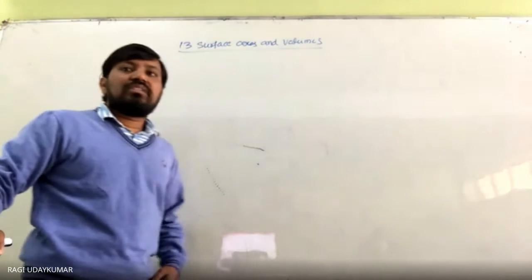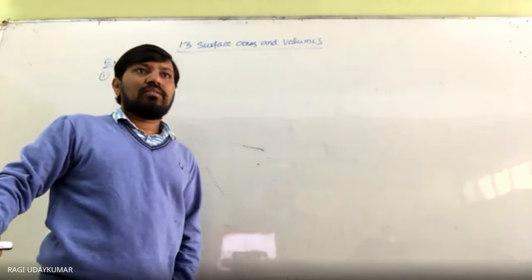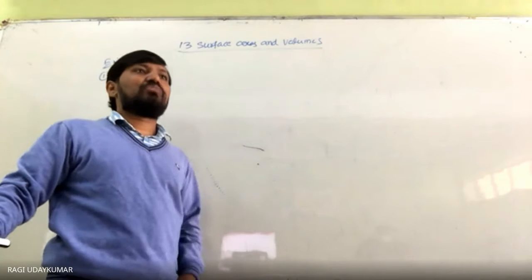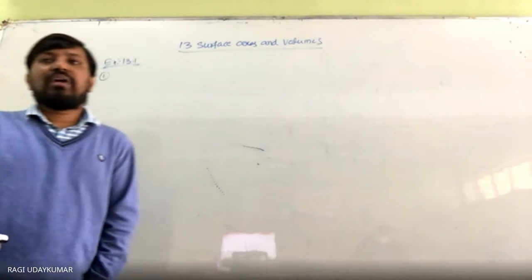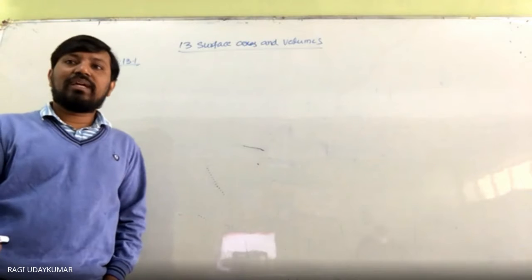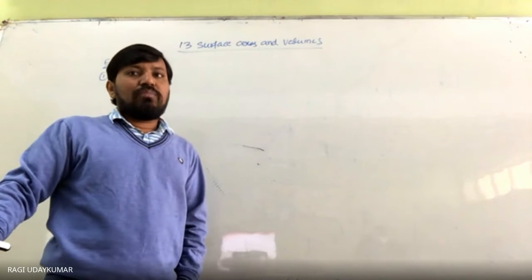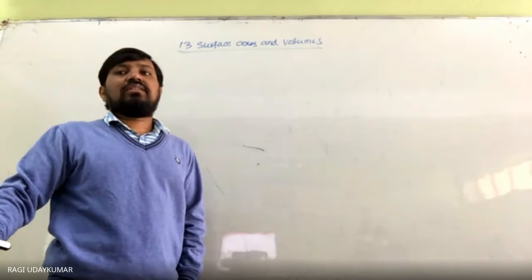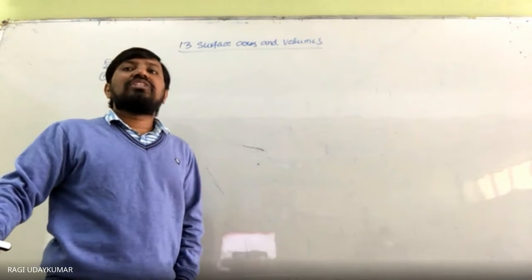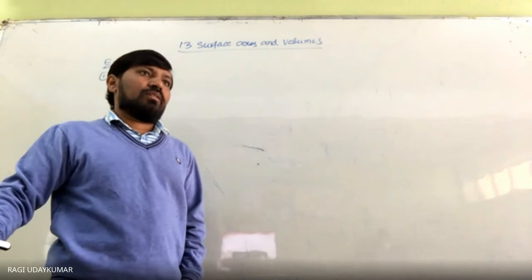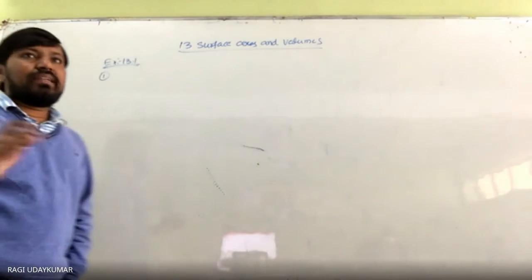So the plastic box is 1.5 meters long. Already we have discussed it. Once again, I am explaining to you. The plastic box is 1.5 meters long, 1.25 meters wide and 65 centimeters deep. It is to be made, and it is open at top. Ignoring the thickness of the plastic sheet, determine the area of the sheet required for making the box. Okay, so length, breadth and height are given to you.